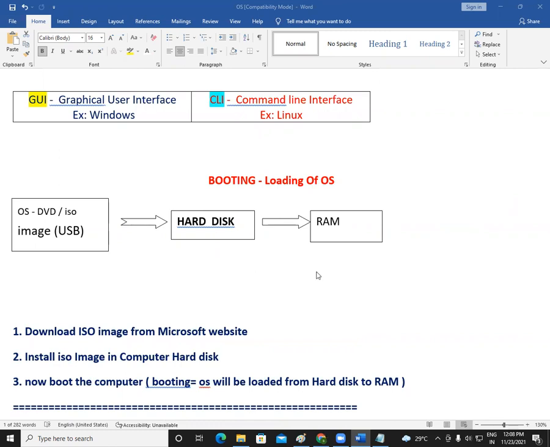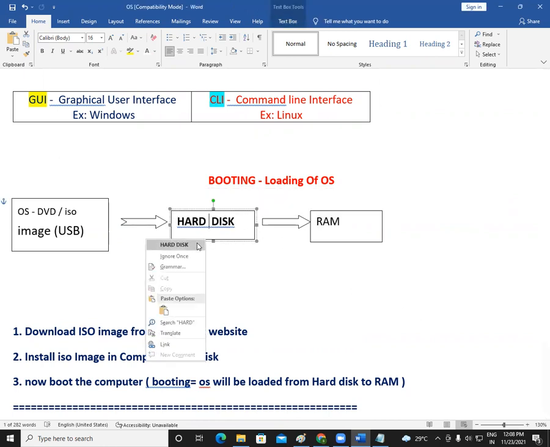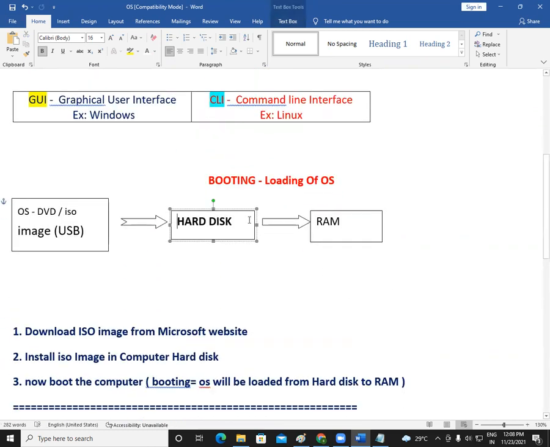Okay. So there is a hard disk here. There is a RAM. Every device has a hard disk as well as a RAM. What is the difference between a hard disk and a RAM? First of all, hard disk is a storage, RAM is a storage. We know this very well, right? Hard disk is a storage, RAM is a storage. But the difference here is that hard disk is a permanent storage, RAM is a temporary storage. I repeat, hard disk is a permanent storage and RAM is a temporary storage.